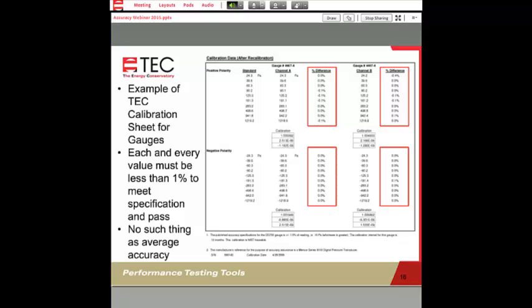And so what we're looking for when we try to make sure that we have an instrument that meets a 1% accuracy is all of the individual values in this percentage difference. Do any of those values exceed 1%? If any of those values exceed 1%, as far as we're concerned, that means that that gauge is not a 1% accuracy.